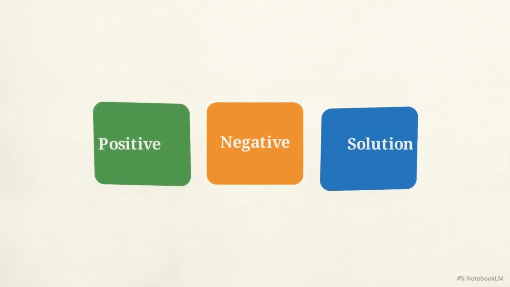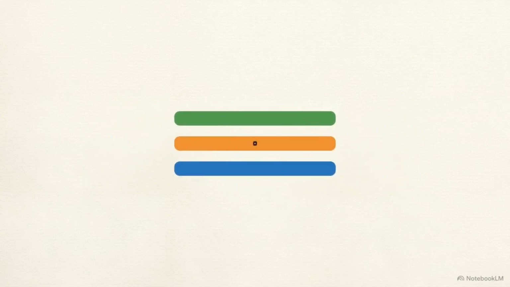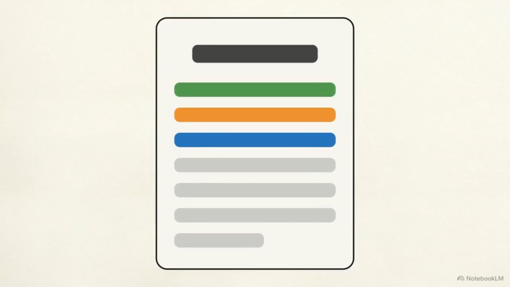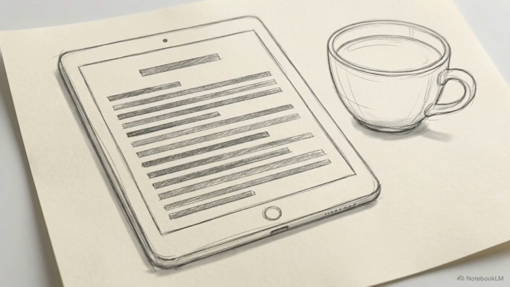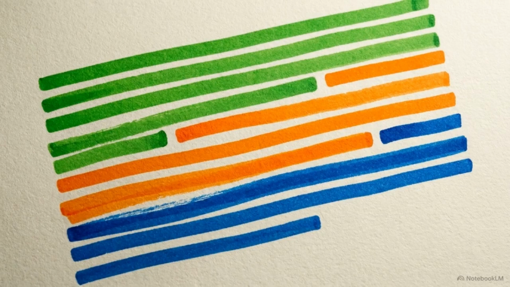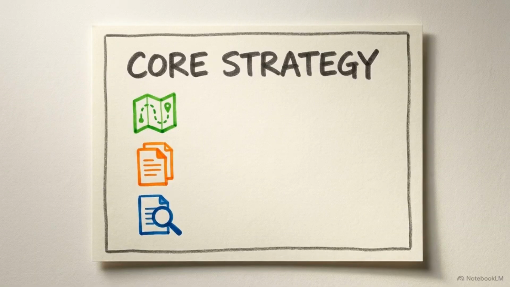You need to stitch your isolated positive, negative, and solution thoughts into a single cohesive paragraph that fits your argument route. When writing an article, for example, your components blend naturally. You validate the author's point, insert a transition word like however to introduce your pushback, and finish the paragraph with your practical solution. To execute directed writing successfully, remember these 3 rules: dictate your own route, assimilate rather than copy,